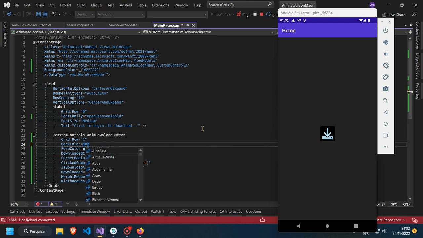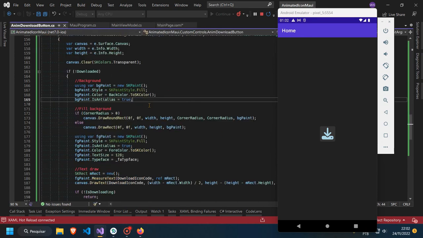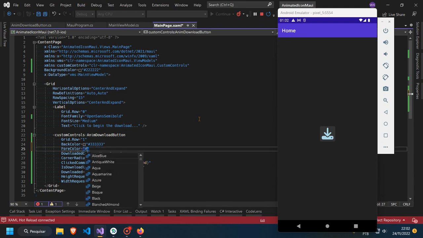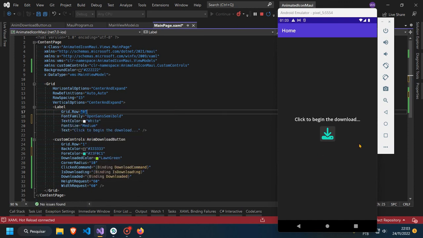I can right now specify some colors. It will change with the hot reload because we have created the property changed for our styling properties, bindable properties in this case. So I can make very interesting things here. For example, I will place this background color. On my main color, I will put something like 23F0C1. This one, okay? And on completed, the long green. So let's test it. Oh, and let me change the color of my label so we can see it. Okay, let's click. Here is our component